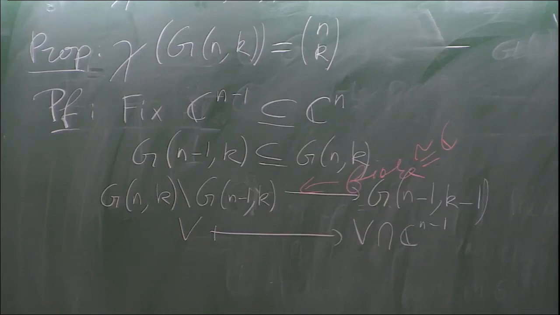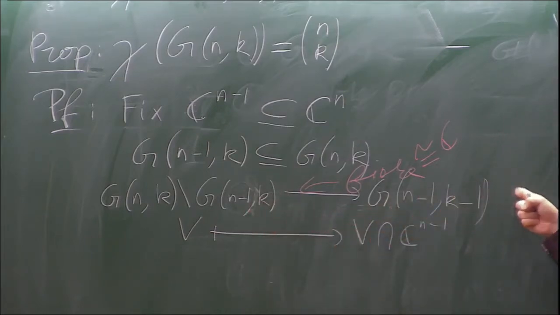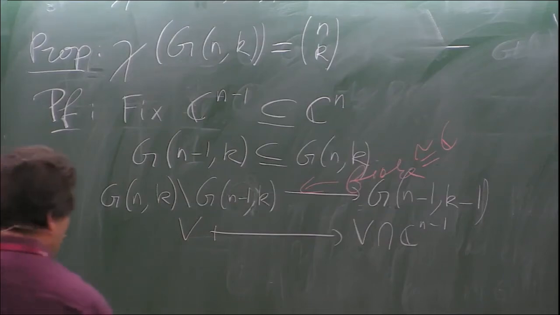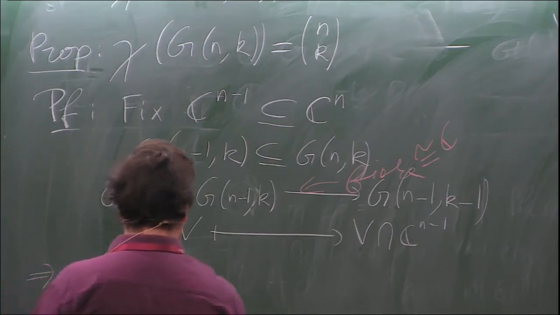Pay attention, you could imagine almost, and it's actually not true, that I could map this to a product of that with C. But actually I cannot, because I need to change the red line depending on the choice of this yellow line. When I choose the yellow line, I can choose the red line. However, if I choose the red line a priori, yellow lines that are parallel to the red line will make a problem. Okay, so I have this fiber, but therefore, using 4, it means that